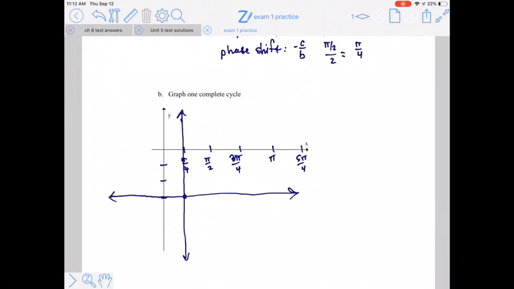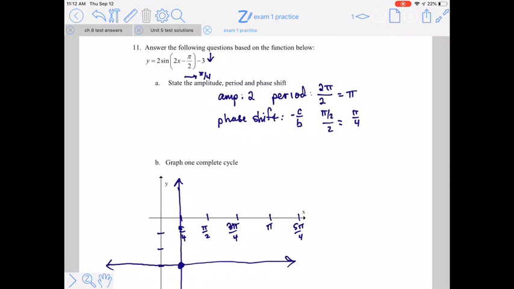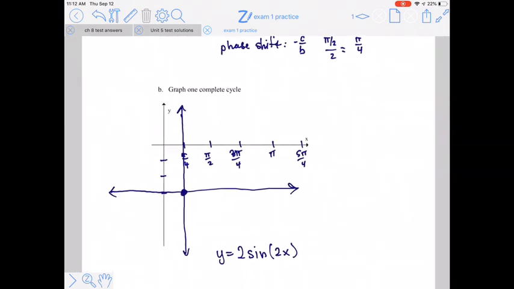Where the origin of this new set of axes is centered at that point, pi fourths, comma -3, and now I'm just going to graph a sine function with the same amplitude and same period, just without the transformations of moving to the right and moving down. So in this new set of axes,